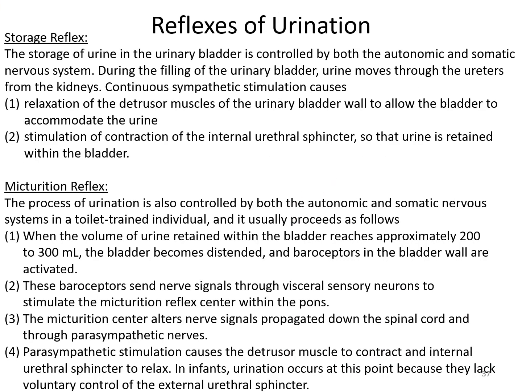So a little more on the specifics of the reflexes of urination. So we've got the storage reflex, which again is under sympathetic domination, and then the micturition reflex, which is under parasympathetic domination. Okay, so storage reflex, we're basically storing it. So what's happening is we're producing urine in the kidneys. It's going to move through the ureters, and it's going to start to fill the urinary bladder. And so